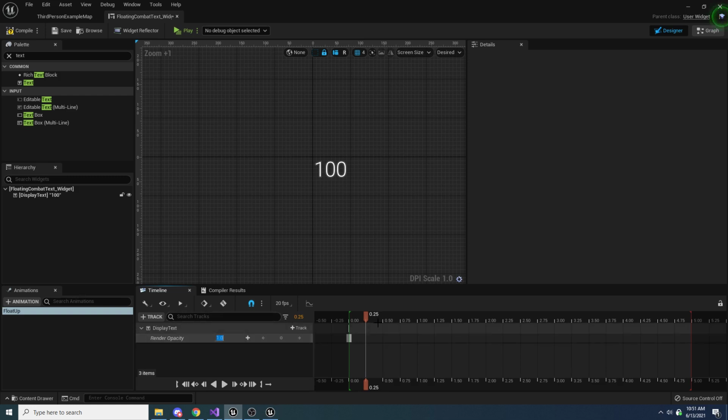But if we drag it over to 0.25 and then we type in 0.9 here, then you can see it creates the 2 nodes. So it goes from 1 render opacity to 0.9. Maybe we could even go like 0.8. Oops, I didn't mean to do that. We want to do it on this guy,